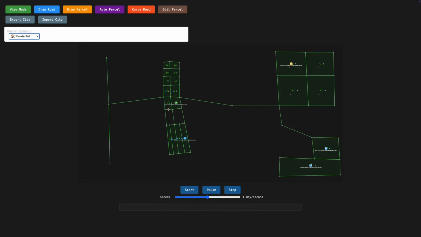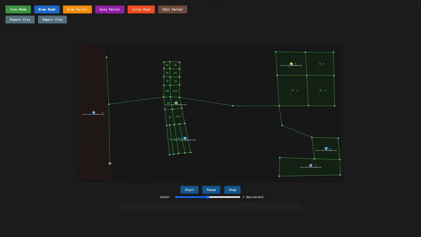Let's extend the residential a little bit there. And then on the far end, let's have a big farm area like that. Oh, it's not connected to the road. Let me just draw a road to make sure it's connected. There you go, it's connected now. Okay, now when I press start, you might have seen